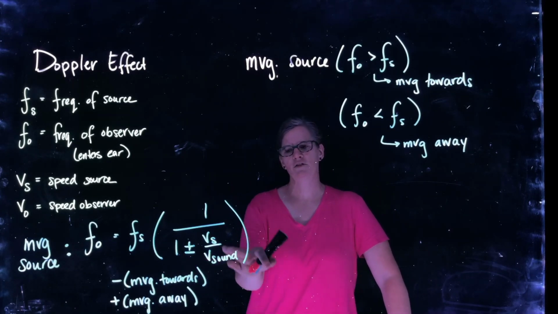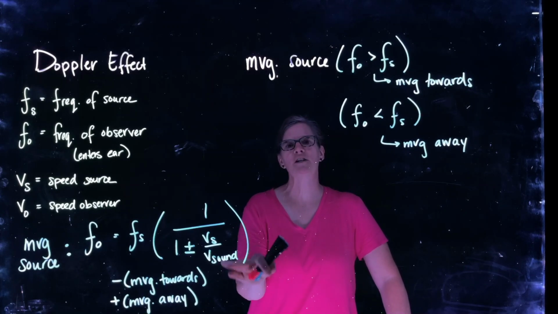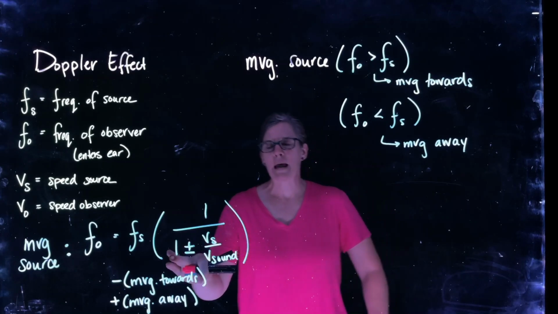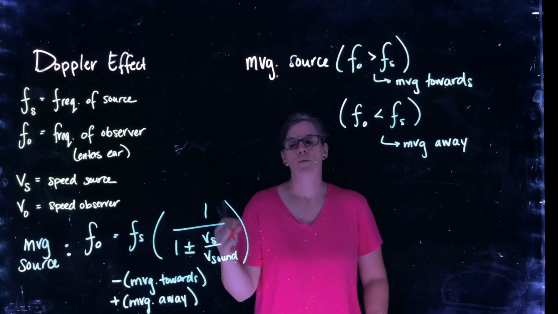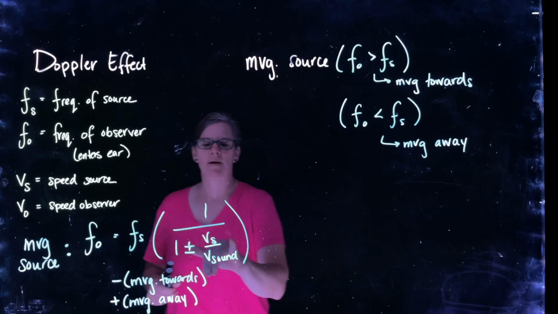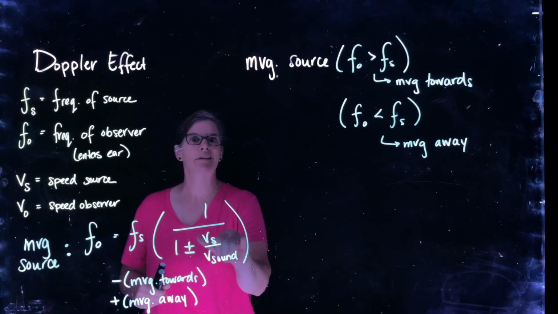So the velocity of the source is less than the velocity of the sound. So this ratio is always less than 1. 1 minus a ratio less than 1 gives me a little less than 1. Okay? If I'm a little less than 1 in the denominator, 1 divided by a number a little bit less than 1